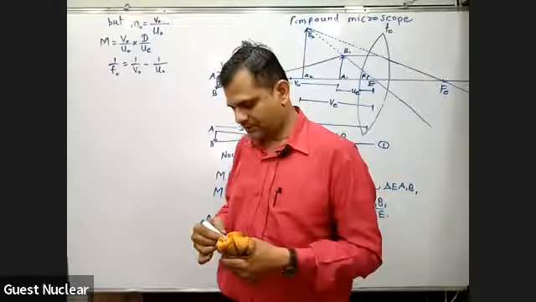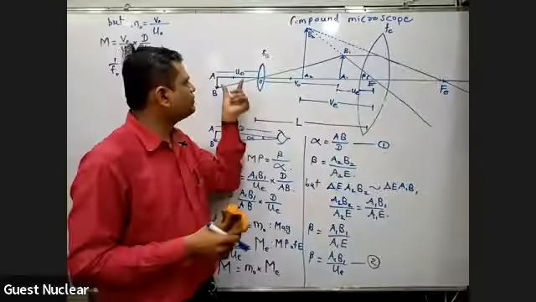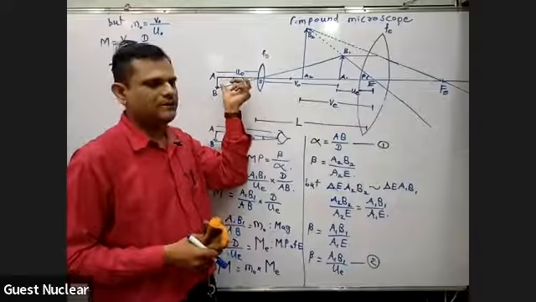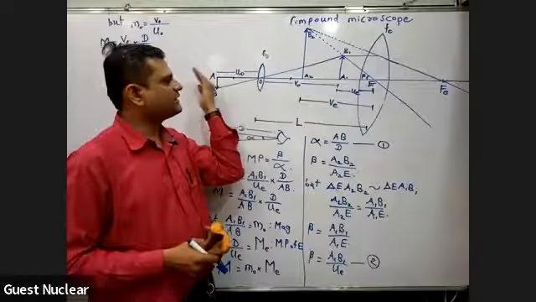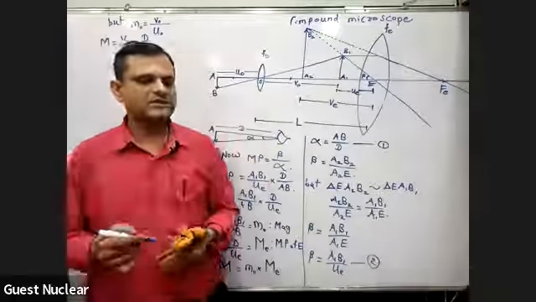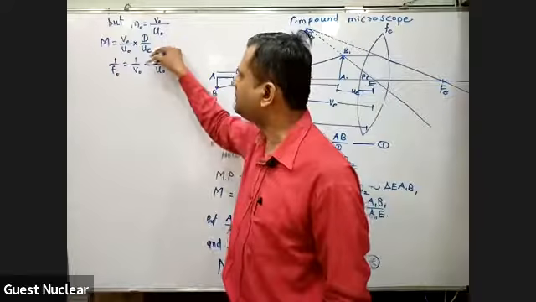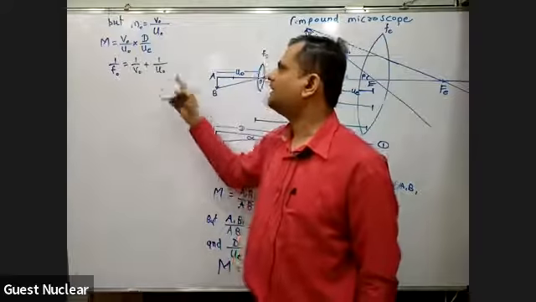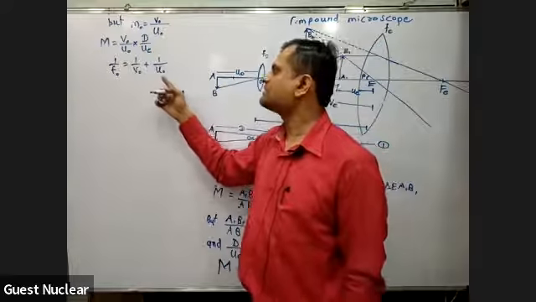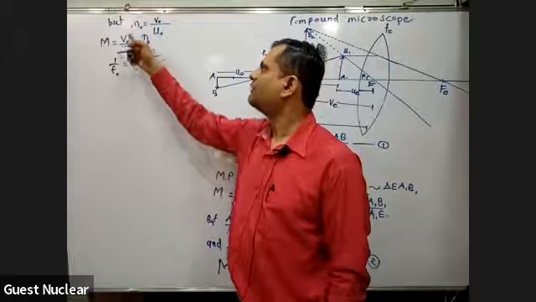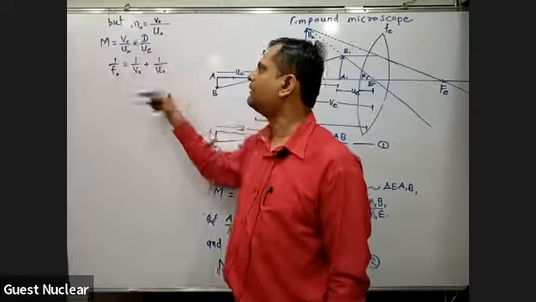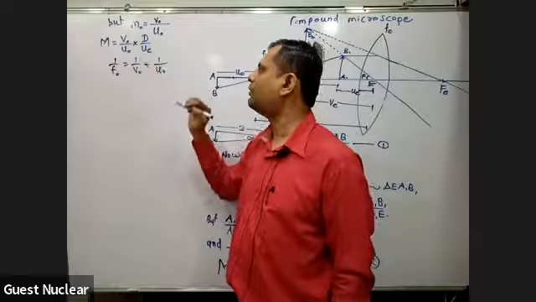लेकिन जैसा कि हमको पता है ऑलरेडी कि यहाँ पे uo जो है वो नेगेटिव है, राइट? uo is negative because it is at the left side. So we can consider the sign conventions and put this uo as negative so that this will become plus here. And then in the next step, we can find out this vo upon uo in terms of fo and uo as it is.